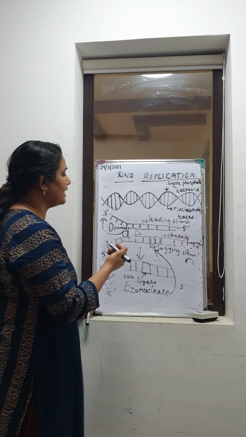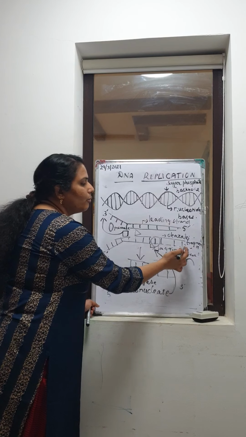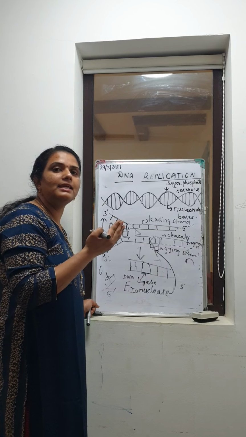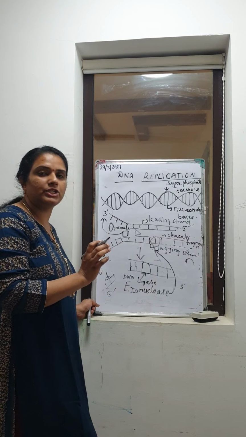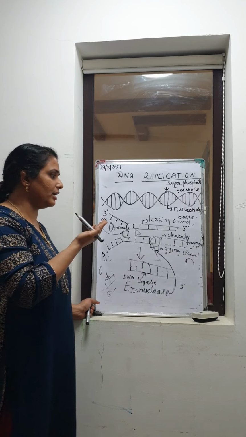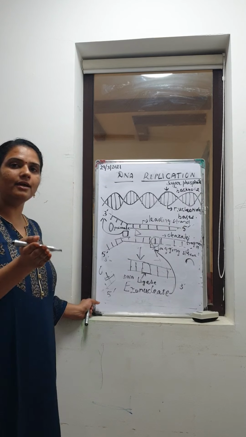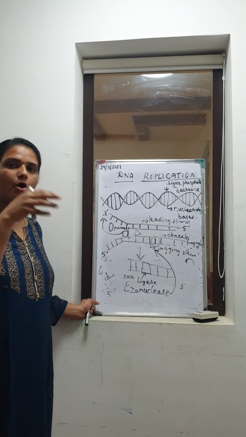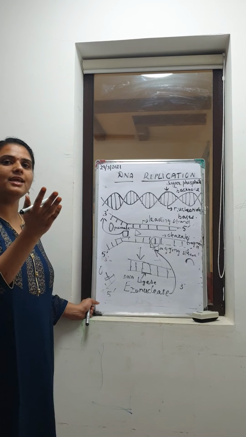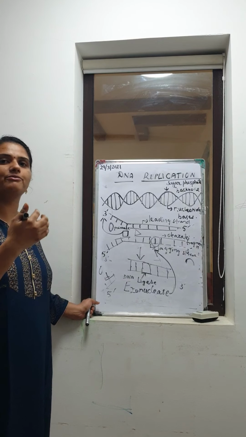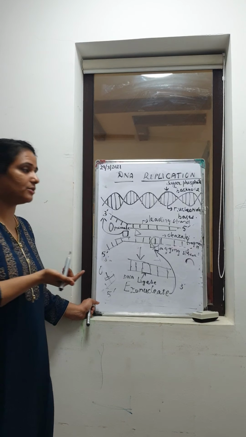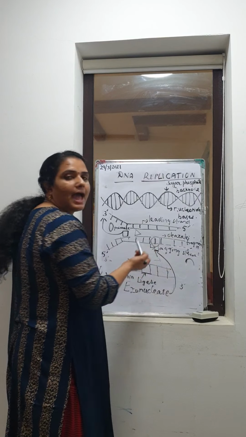And then in the second strand, which is the lagging strand, why is it lagging? Because the DNA polymerase and the helicase act in the opposite direction, isn't it? You can understand, I think. It is an imaginary thing, you can think. See, helicase is unwinding and DNA polymerase is adding on, but both are acting in opposite paths. So what happens? The fragments will be small fragments. It won't be continuous. That's why we call this the lagging strand.